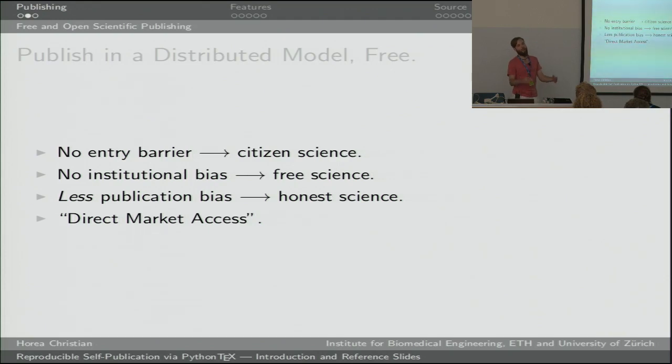And of course, we would have less publication bias, simply because if you don't have to pay for the publication, it becomes less of a weird thing to expect of people to publish negative results. Because if publishing things just takes you one weekend, you're a lot more likely to publish something which you're not sure is going to be high impact than if a publication takes you a month, right? And of course, you get direct market access, meaning that you don't have to go through the publisher, which I'm going to get back to on the last slide. But the publisher used to be an enabler for you to communicate. But right now, the publisher more often is a barrier for your communication.